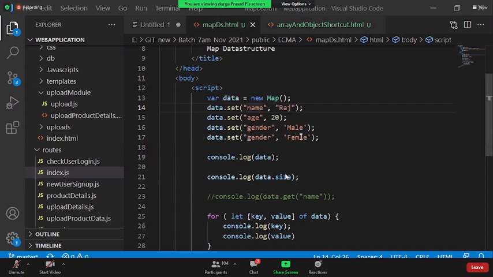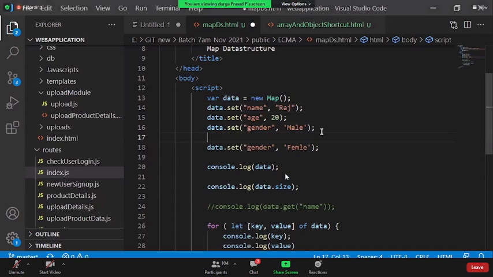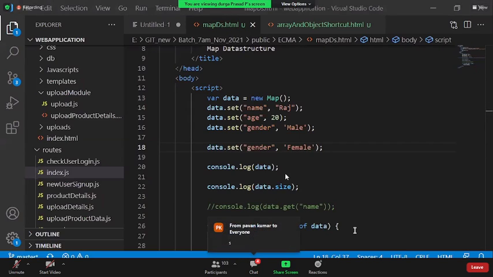If you see line number 16, earlier it was male. Now I'm making it female, right? It is possible. Once you insert the data into the map data structure, it doesn't mean that it's a constant. It's a normal data structure. You can insert, delete, or add anything. Is that your question? Who asked this? Pravan? Did I answer your question?